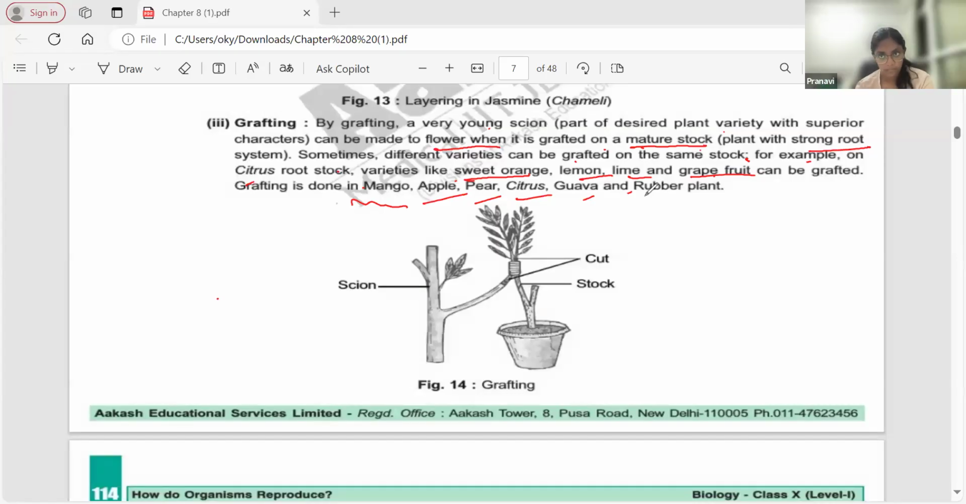So this is one of the useful methods, and farmers can take a lot of profit and advantage by this method. So if you have a mindset to do farming in future,